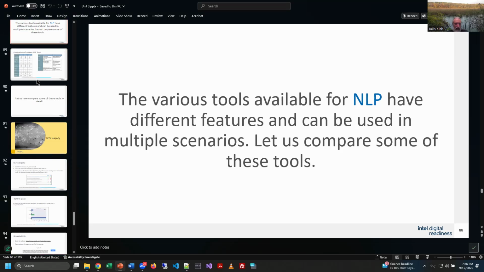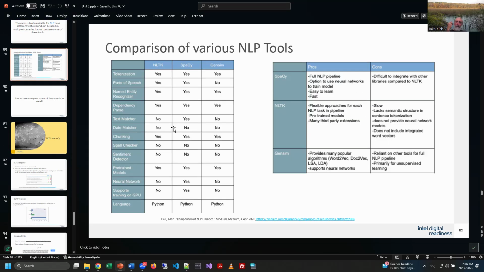So the point of this slide is the different tools have different features and capabilities, and depending on what you're trying to accomplish, you can use different libraries. Now, this is really fascinating, I think, because as we've seen in recent years with the explosion of these Gen AI models, we are in this era, folks, where all the big AI models are leveraging a lot of these free tools as their starting point. And then some of the newer or evolved models are just combining these different tools in different ways. We're developing new tools in order to feed them. And this is how we're getting this evolution.